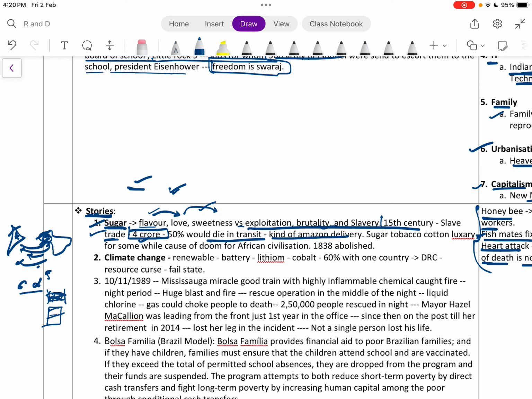Sugar, tobacco, cotton, luxury, for some, while it has caused doom for the African civilization. So you can think of something as small as sugar, tobacco, or cotton, which were actually luxuries for some, while they caused doom for the African civilization. It was in 1838 when slavery was actually abolished. You can use this story into something where